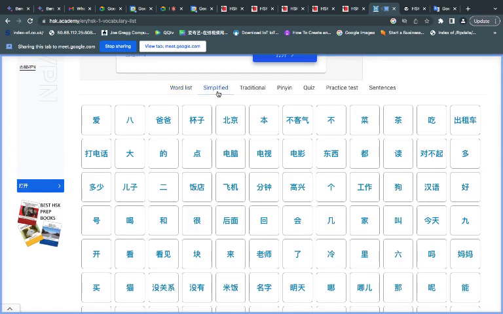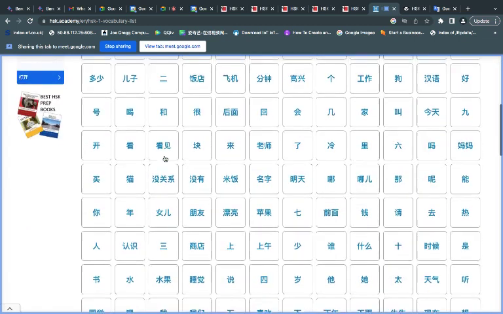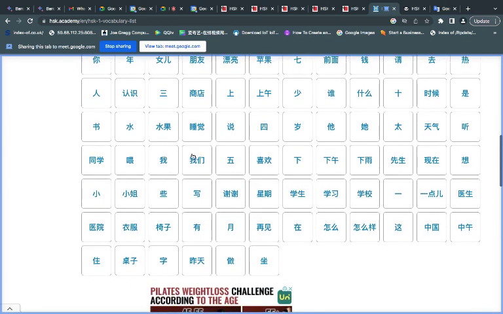With this website, HSK Academy, they list the words in Chinese, and they also give you an option where if you tap on any of them, there is a small pop-up that gives you the pronunciation and the English definition. For example, this word wu, that's the word for the number 5.